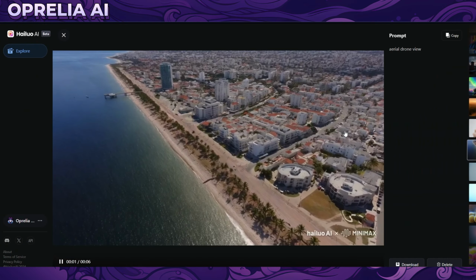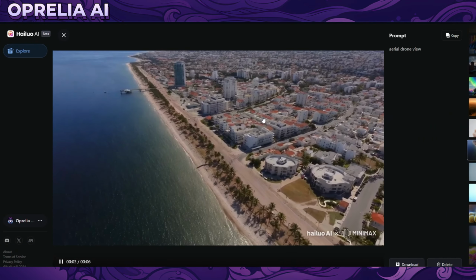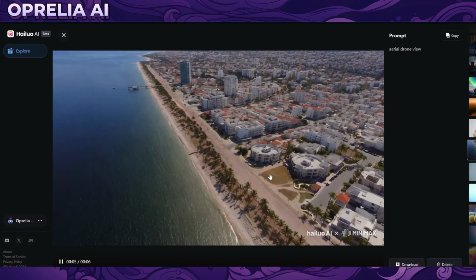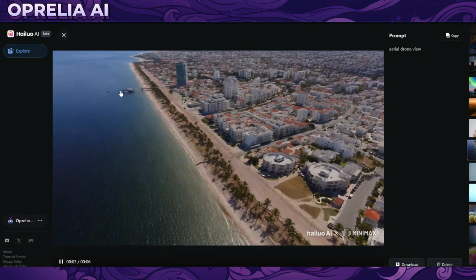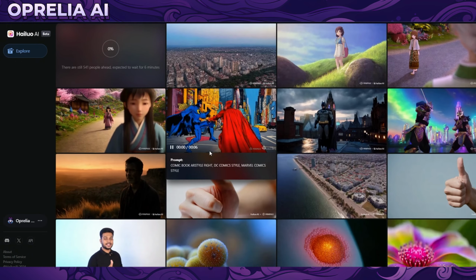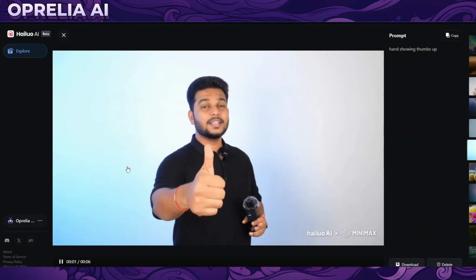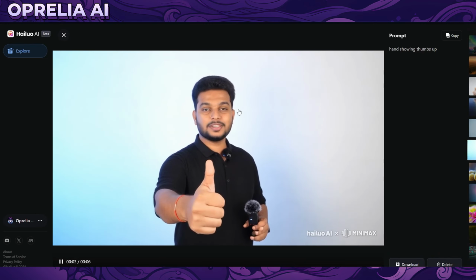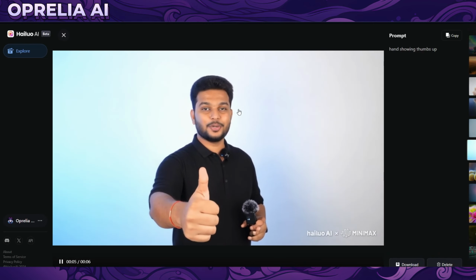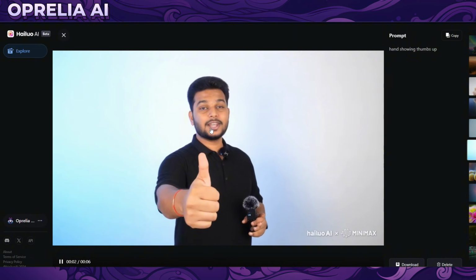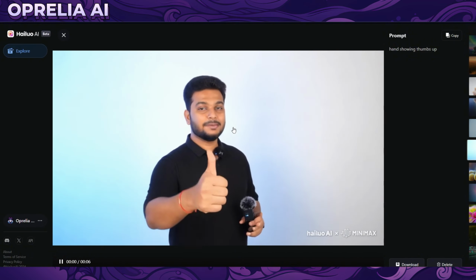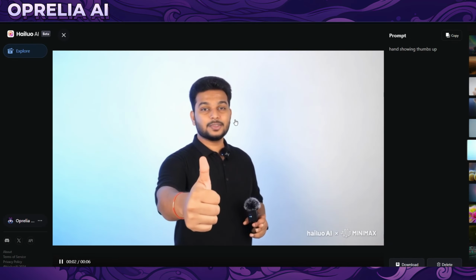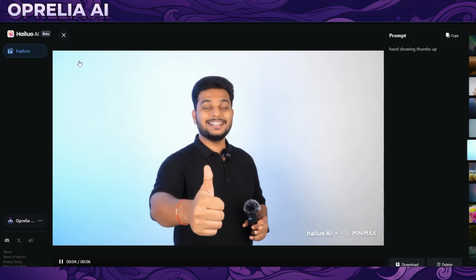And then we had a drone view. A lot of pixelated buildings over here. They get distorted very much. The sea maybe looks most consistent here, but not really that great. And then I have another thumbs up here. And actually the human looks pretty real. You can see the teeth are distorting a bit, but it is actually pretty good. There's no audio here, but if it was a lip sync, it wouldn't be that unrealistic looking,